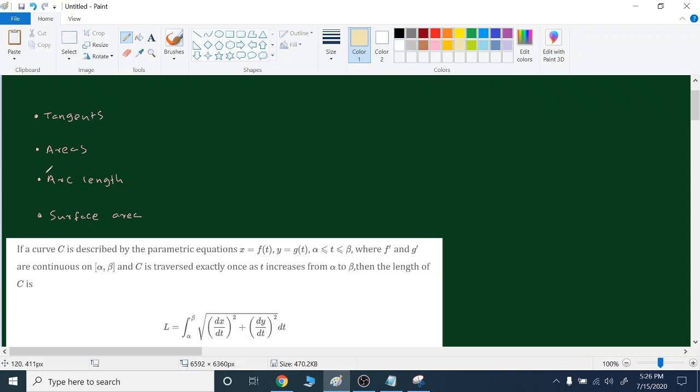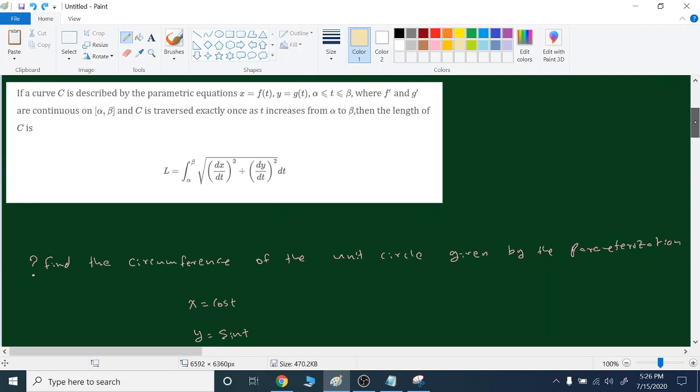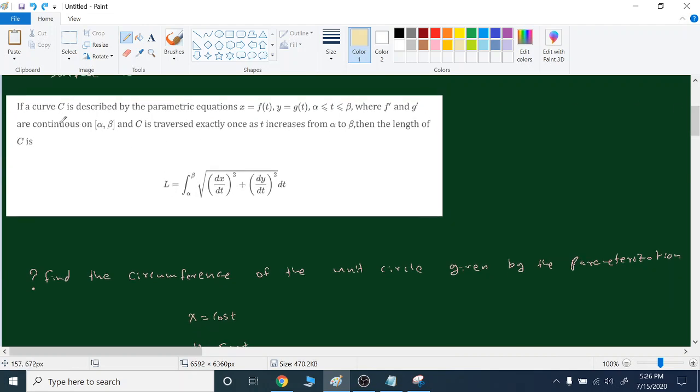Now let's move on to calculating the arc length. So we will go straight to this result of calculating the arc length. Here it says, if a curve C is described by the parametric equation, that is this one, say for example,